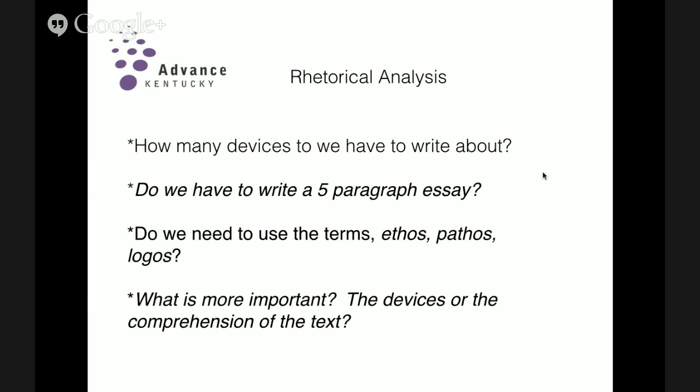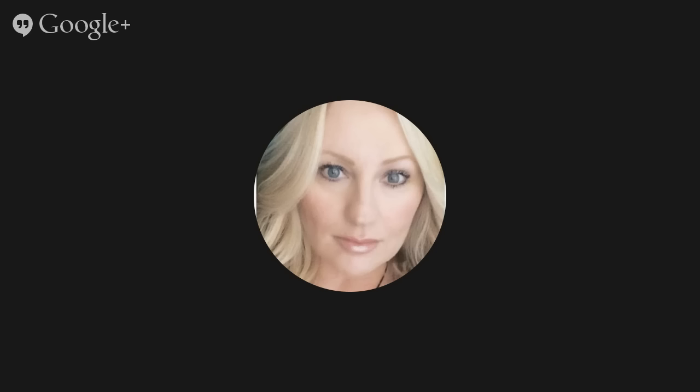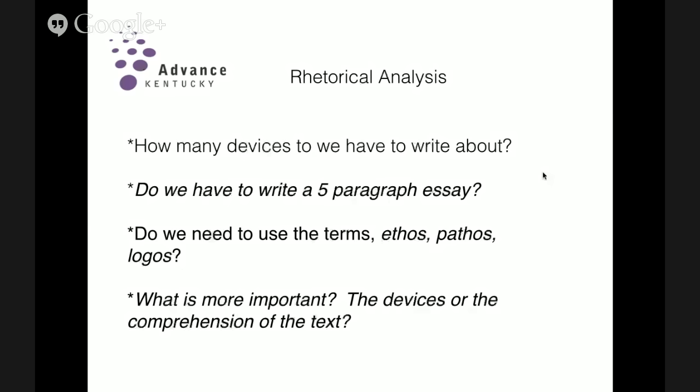Do we have to write a 5-paragraph essay? And this goes for all 3 of the essay questions. And the answer to that is no. Knowing how to do the 5-paragraph essay is certainly a really good thing to have in your pocket when you go into a timed exam like this, because sometimes you get in there and you get really stressed and you forget everything that you know, and all of a sudden you know you can do a 5-paragraph essay, and those are perfectly fine. But it isn't